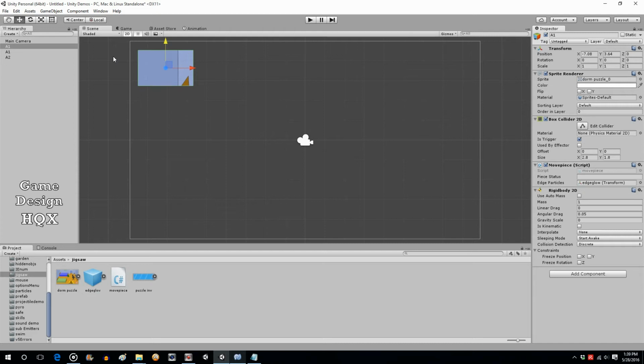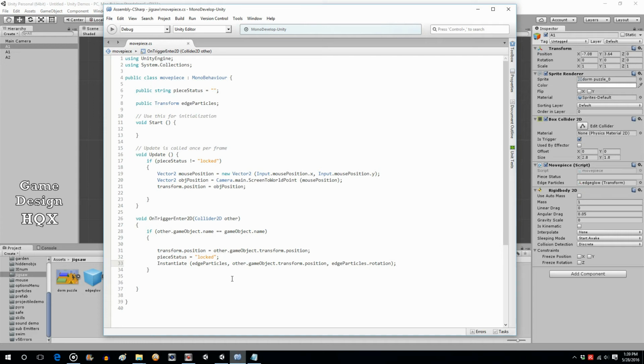what else do we want? Say we want to, well, I was going to say we want to penalize them if they put it in the wrong place. I suppose we could do that right now. We really want to wait for the click, but for the moment, we'll do that. So, what we're going to check for is